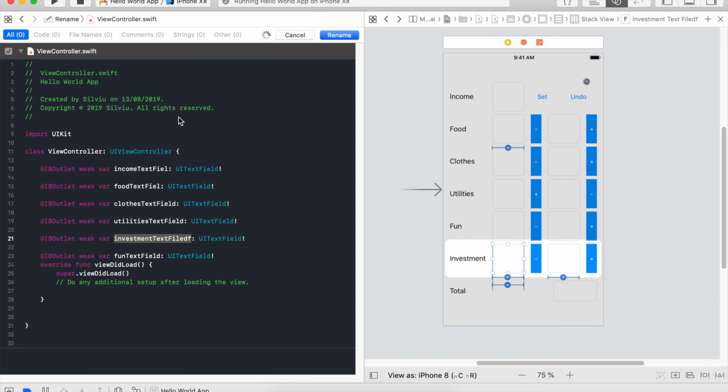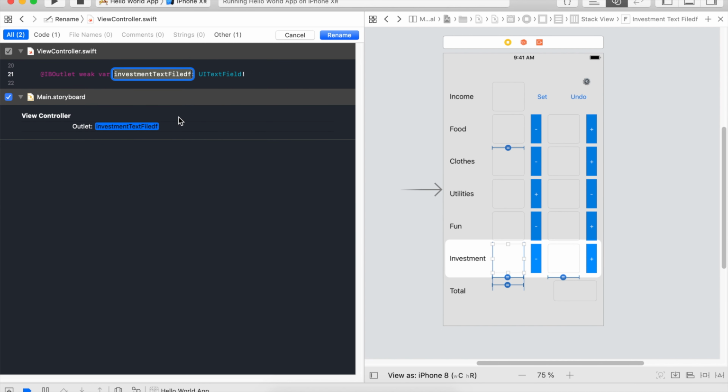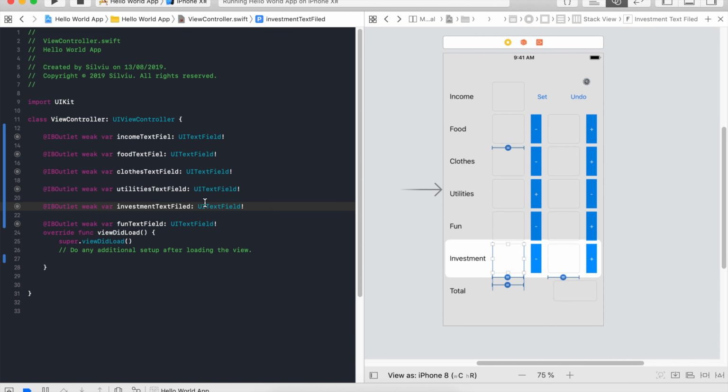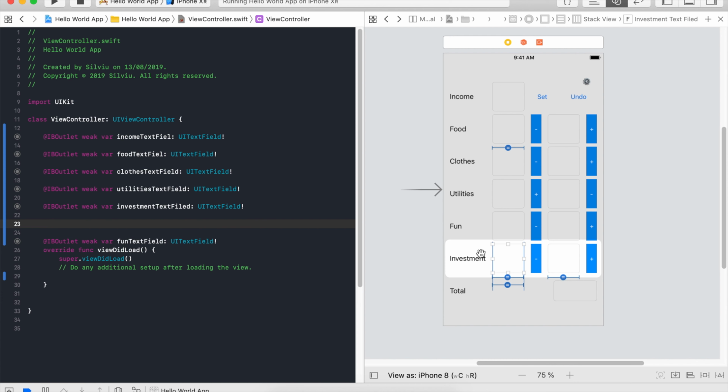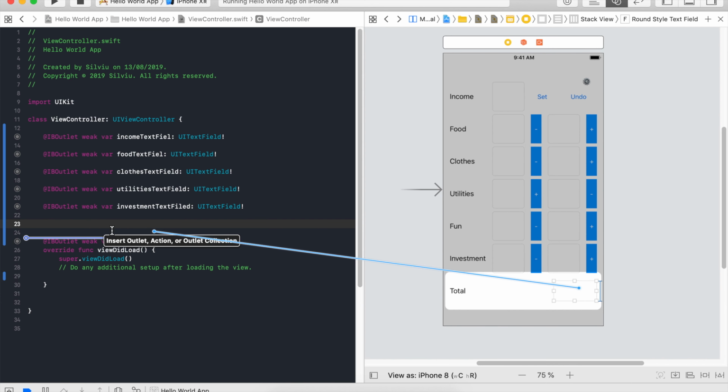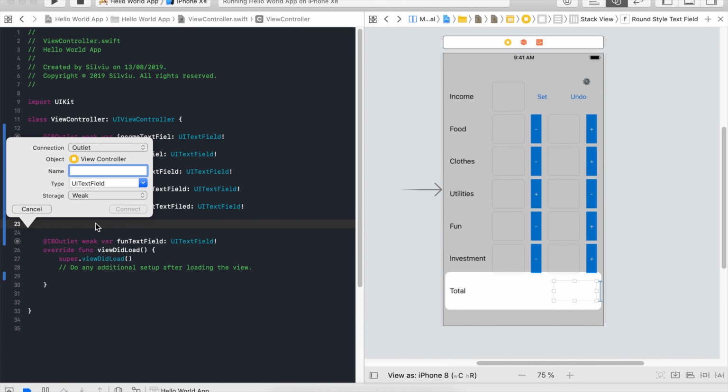Now, what this operation does, if you have a longer class, is rename the same instance all over your document. Okay, which is pretty cool. And let's take the total text field. Total text field. Okay,